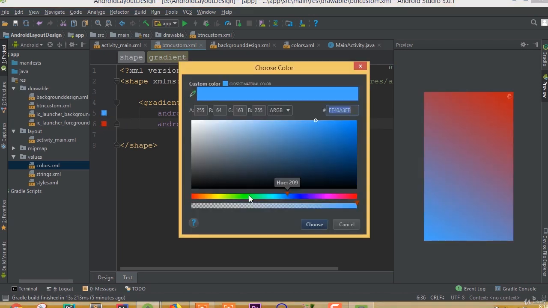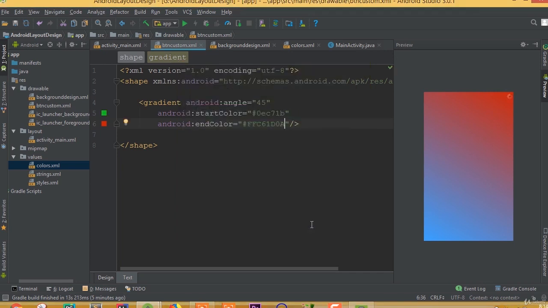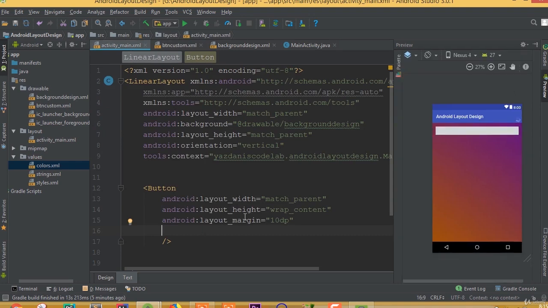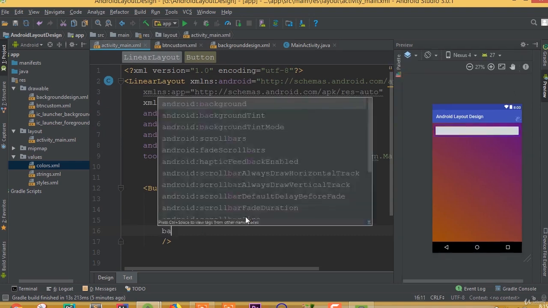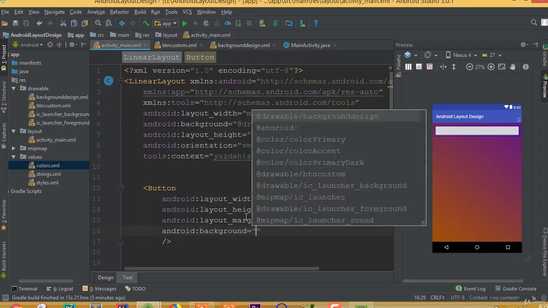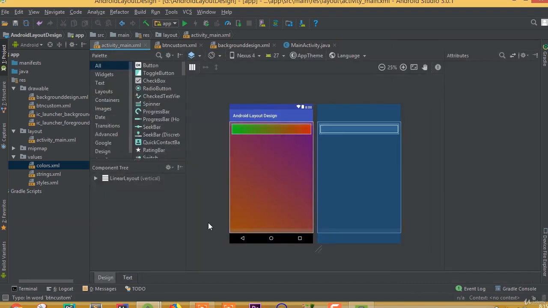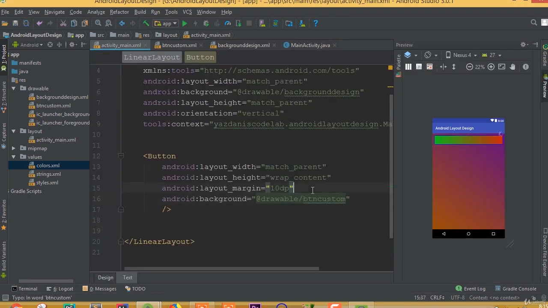I think we need to change it, and this color, and we need to add background. We can choose background design, alright,